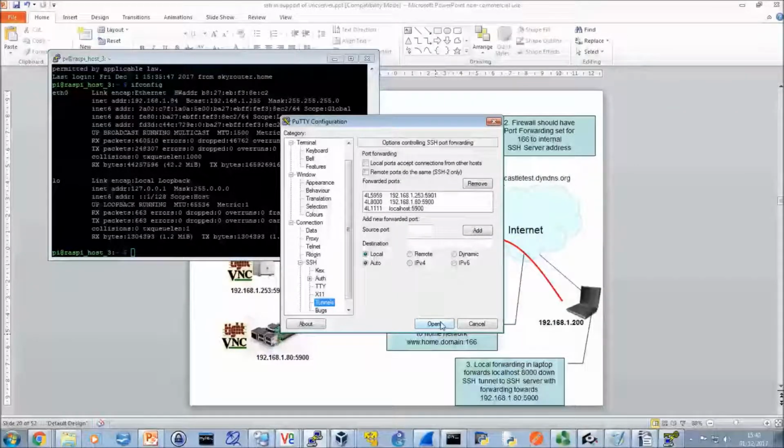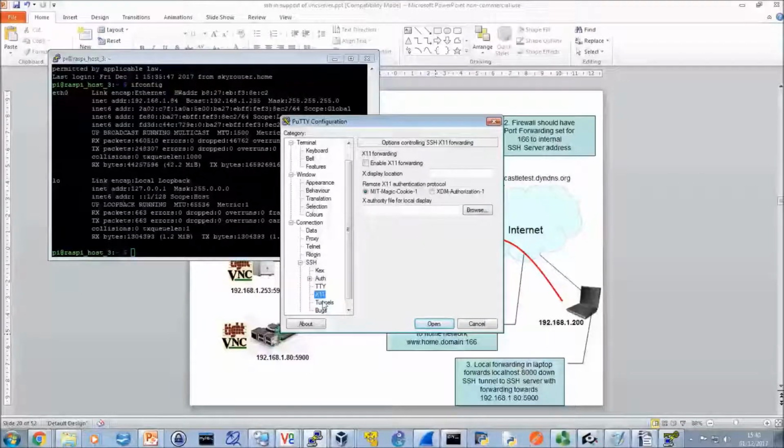So everything is good. Next thing that we need to do, of course, is we need to explore X11 and X11 forwarding. So we need to enable it at this end, but we also need to give it an X display location. This is where all the troubles will start, because this does seem to vary dependent upon where or when you're trying to do this. Popular one being :0 or even :00, or even engaging things like localhost and a few colons, well, perhaps one then, and something of a similar ilk. So it's very much usually a case of trial and error,